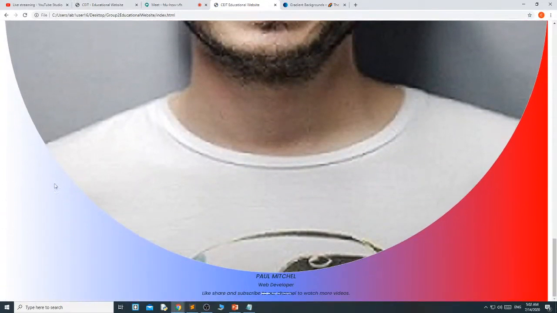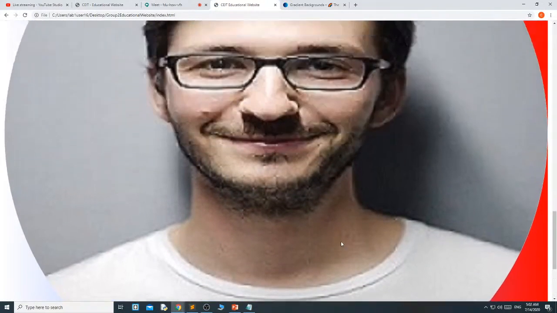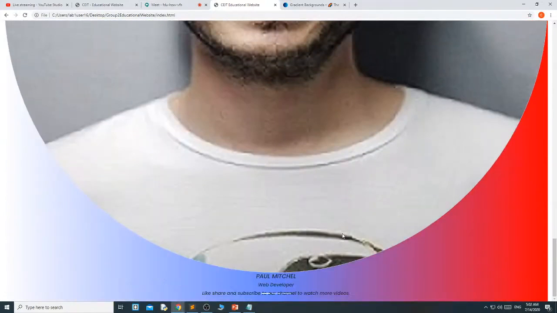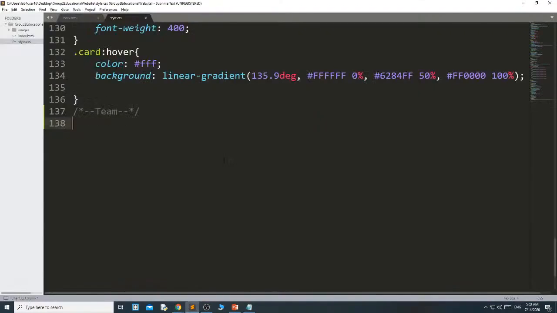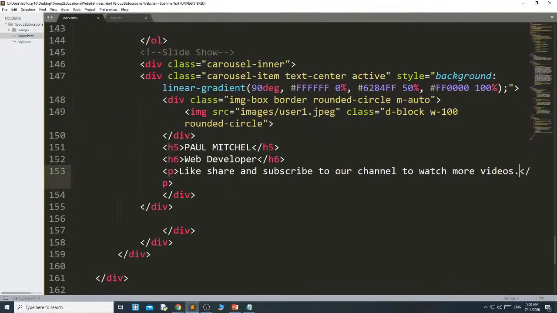Don't worry about this. You are getting the background color, and this is the image, and this is the first heading, second heading and paragraph. Now I want to design these three using Bootstrap, directly in HTML. Go to the H5.